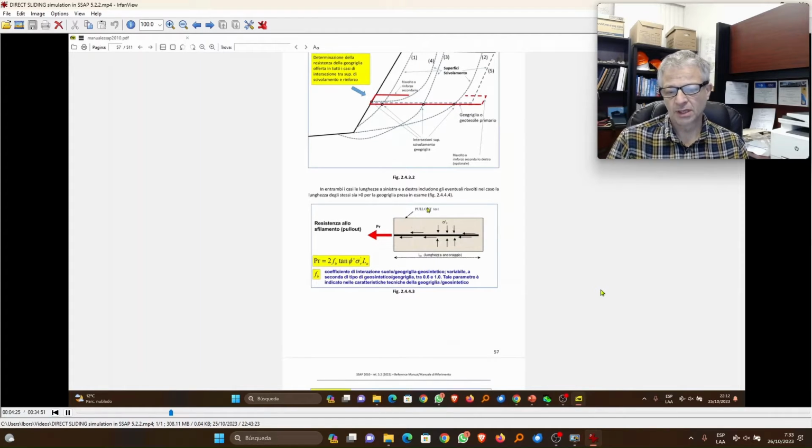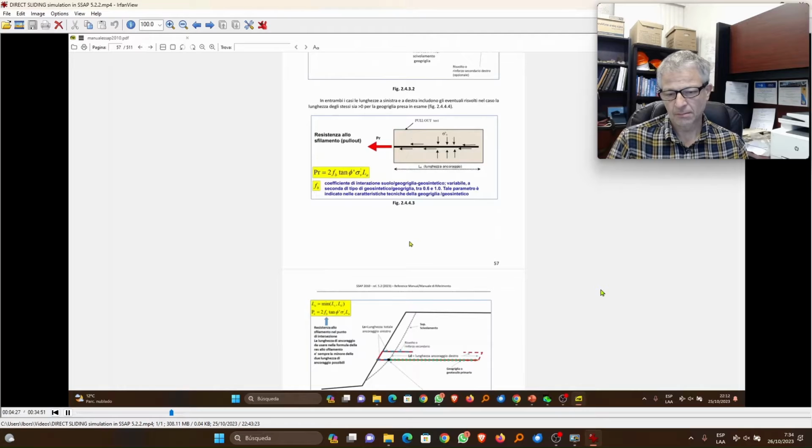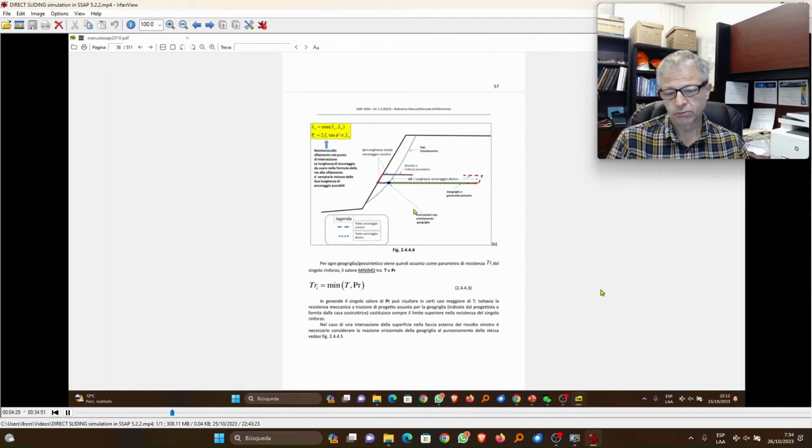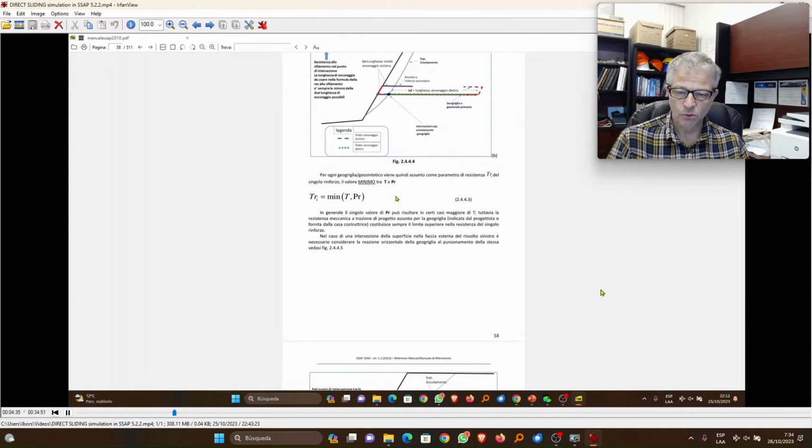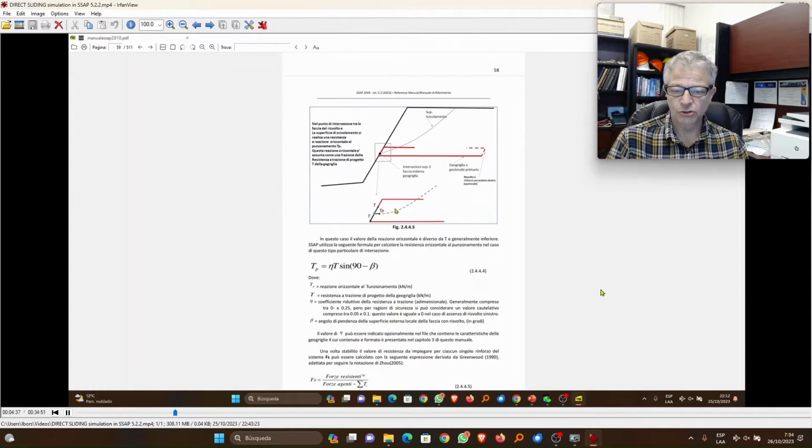Of course, the pull-out resistance, but not only the pull-out resistance, because other kinds of interface exist. For example, puncture, local puncture, external puncture, and